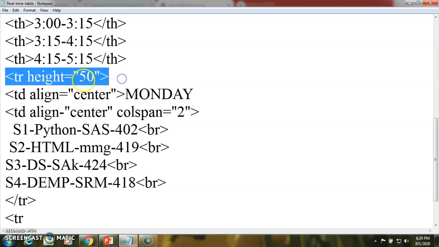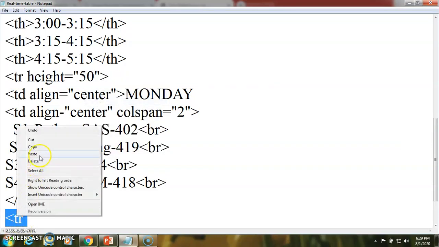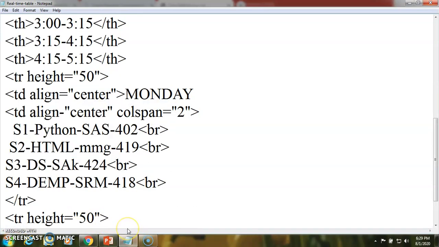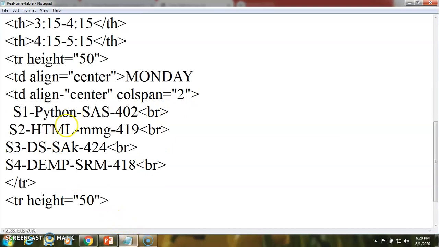I will just make the same code here. So it looks like a similar property. Then we again add the same property.